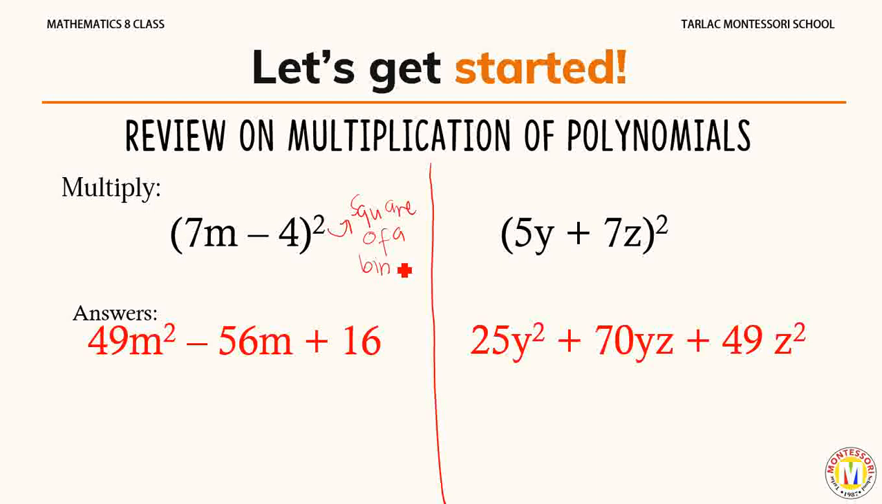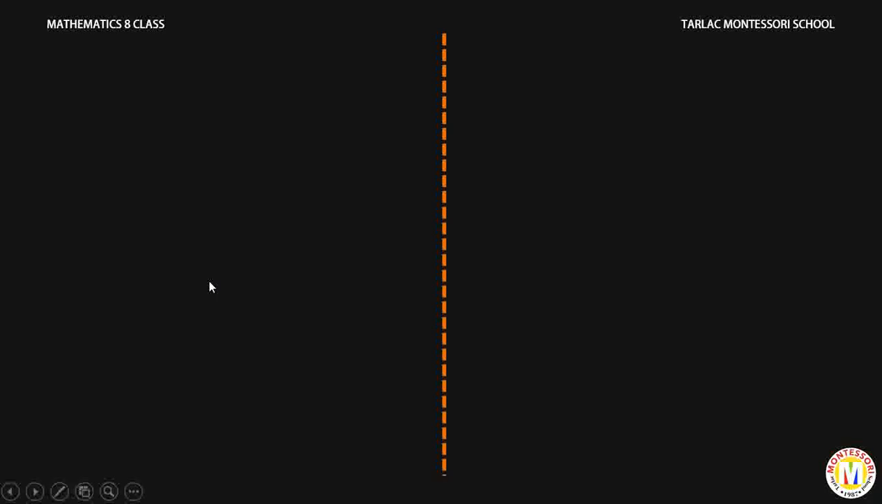How did we identify this as a square of a binomial? It's a square since it's raised to 2, and it's a binomial since there are 2 terms present in the polynomial. You can also remember that we have a general form for the square of a binomial, which is a squared plus 2ab